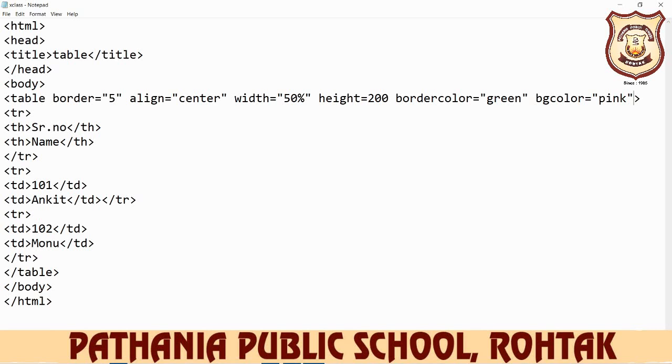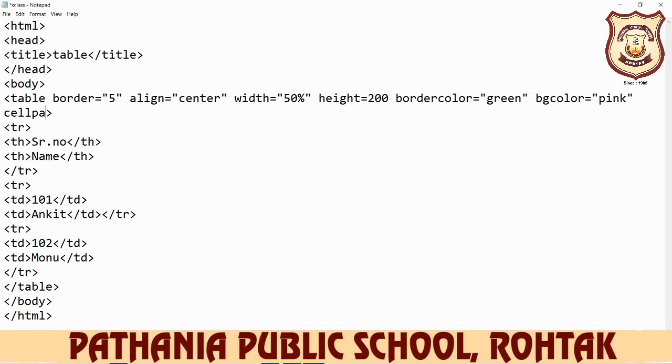So everyone listen carefully and everyone turn to page number 111. Everyone open your book and turn to page number 111, and the topic is setting cellpadding. CELLPADDING. Cellpadding is an attribute of your table tag.